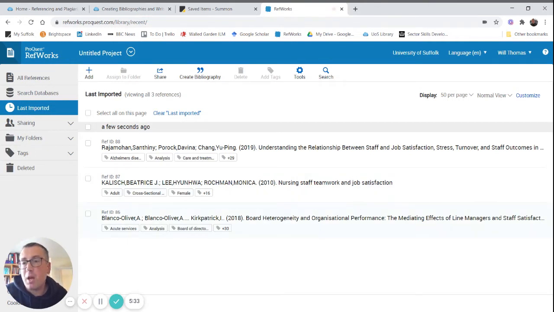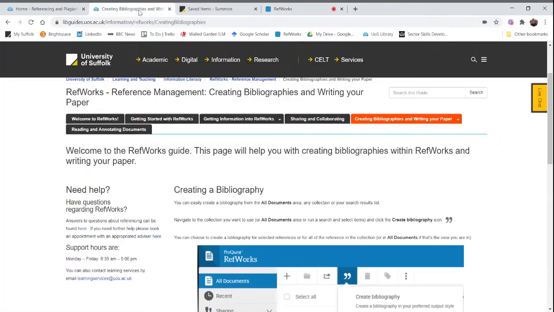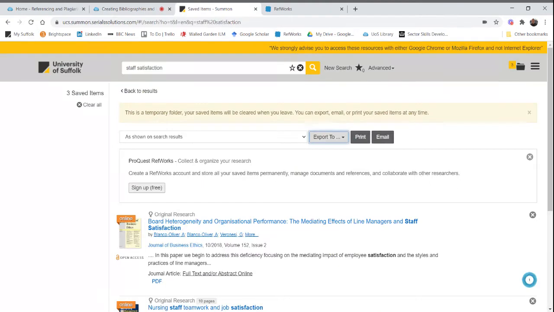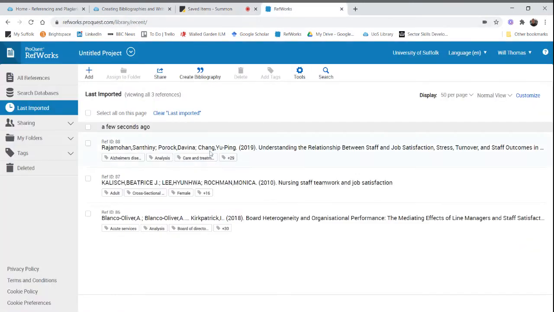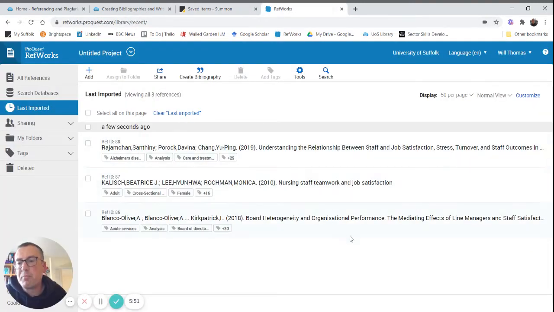This is back to my RefWorks page, and the three items that I save here, the Blanco Oliver, the Kalish, and the Rajamohan articles are now appearing here in my list. And I can then use them to create a bibliography, or I can use the plugin in Word to